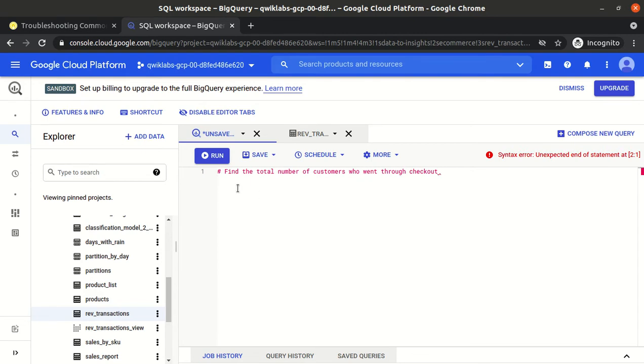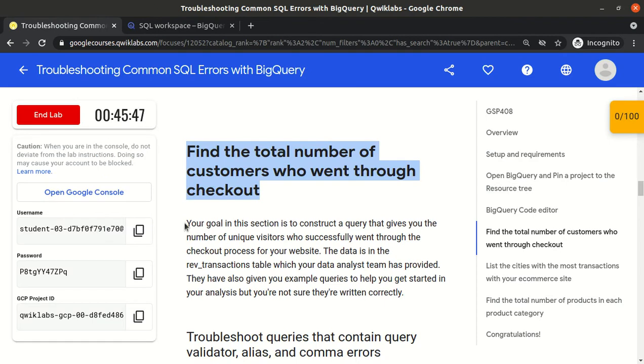Okay, so we need to find the total number of customers who went through checkout, right? Your goal in this section is to construct a query that gives you unique visitors. So basically we need to find the total number of visitors who successfully went through the checkout process for your website.